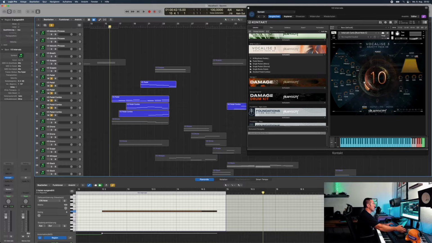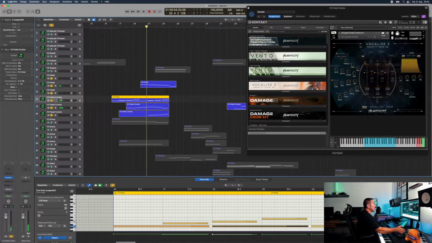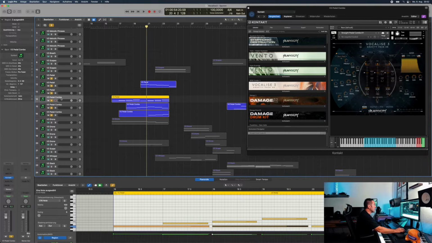So here are some of the pedals. And obviously they are tempo synced to the tempo of your DAW, and then if you press a key,